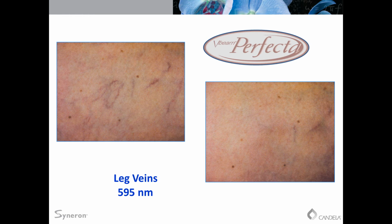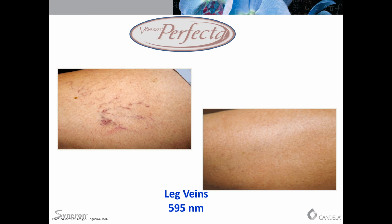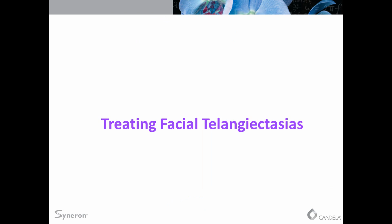And I left some of the vessels just so we could monitor which ones disappeared. And on the left side of the photograph, you can see that cluster that's completely gone, but the vertical vein right next to it is still there, so we can realize where we were on this picture. And one of the things this photograph shows is what we call telangiectatic matting, which is that darker red patch of tiny vessels that we often will see following saline sclerotherapy. Once you get matting, I think the only treatment that works at all is laser treatment, and these completely resolve. I think facial telangiectasias are one of the best treatments using the